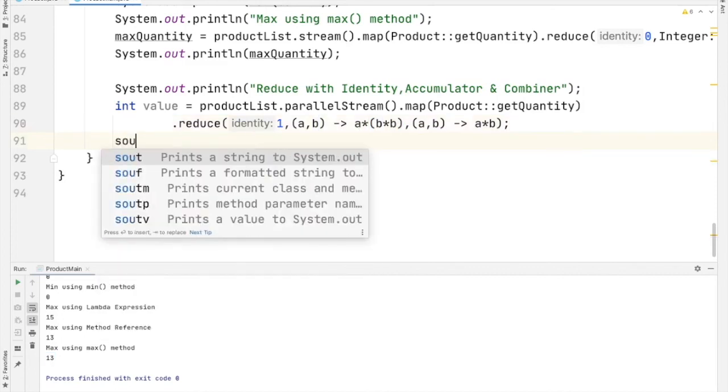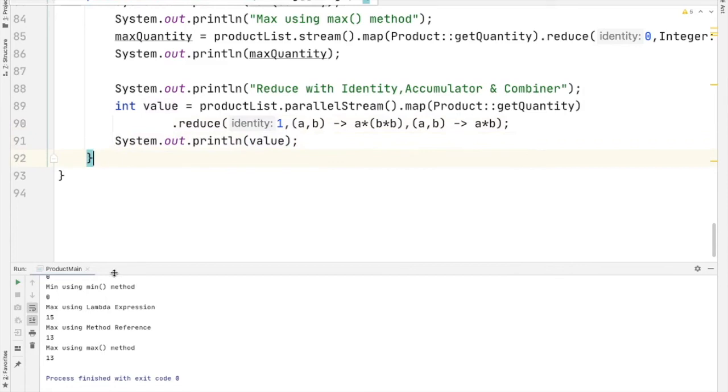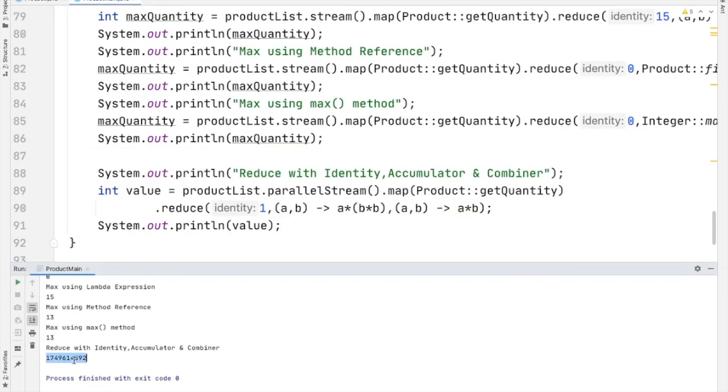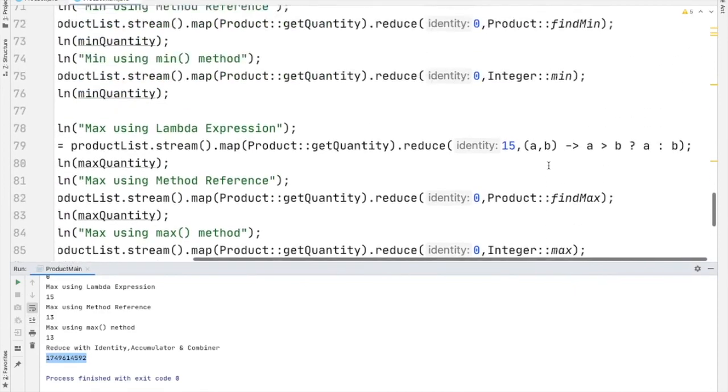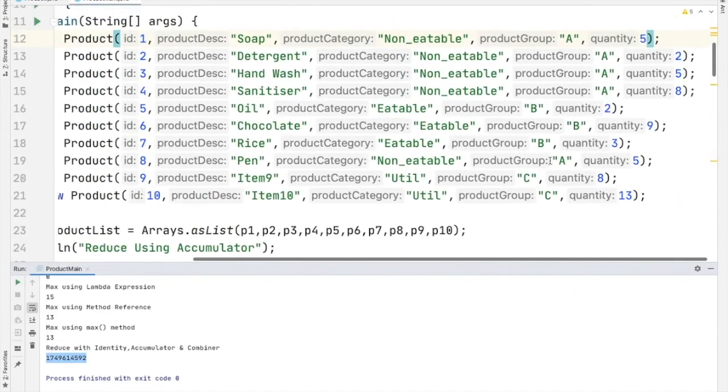Let us print the result. Now we will run the code. So we got a big value here, which is the product of squares of all quantity values in our product list. This is such a big value, so we'll change the values of quantity so that we'll get a small value here.